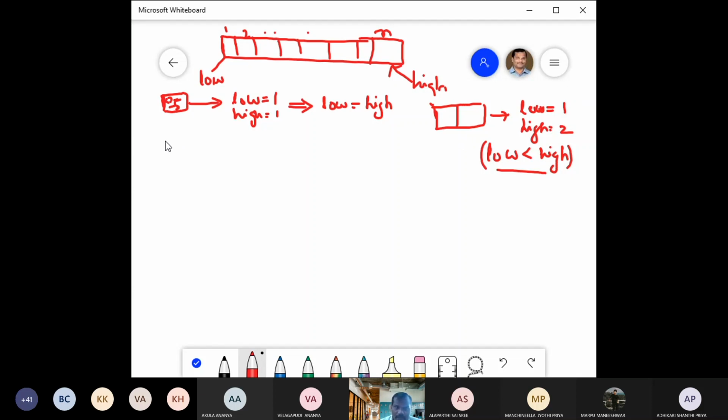Now you write the algorithm. What is the principle of the algorithm? First the given list is divided into two equal parts. Then the first part is sorted separately, the second part is sorted separately. Then we have two sorted sublists. We merge them to get the single sorted list. That is the principle, right? Now you write the algorithm.